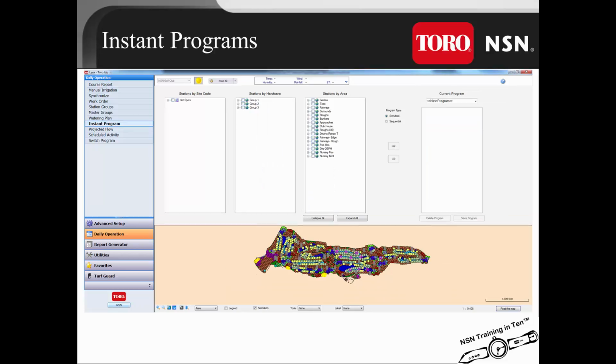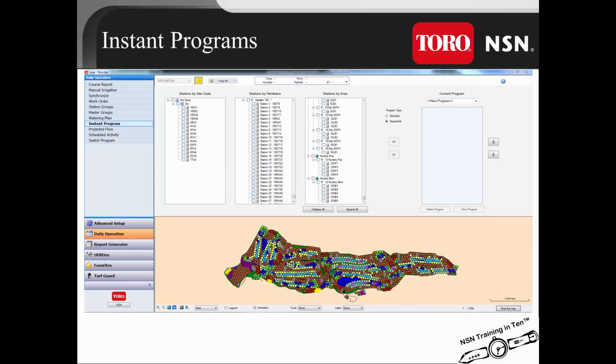Another option on the instant program screen we have not discussed yet is the program type. You can build either a standard program or a sequential program. You need to select the program type before you give it a name and start adding stations to the program. So far we have been building standard programs, but you could build a sequential program by clicking on the circle in front of the name. When you do that, it brings up these two green arrows on the right side of the station list for